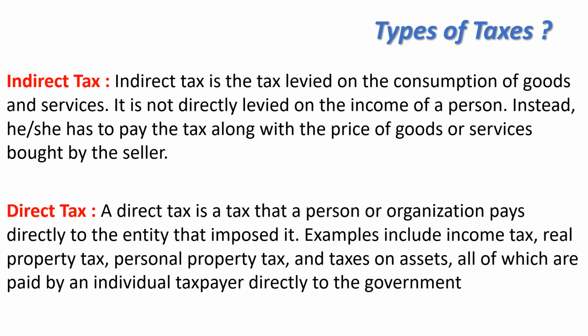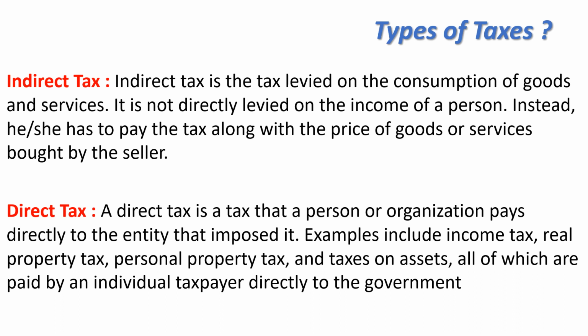But in indirect tax there is no direct method, there is no direct connection between the government and the citizen. The citizen is not paying the taxes directly to the government, it is indirectly providing the taxes, right? The taxpayer is paying indirectly, with the tax included in the price of goods and services, that is indirect tax. But when the taxpayer is directly paying to the government, that is called direct tax, correct? In the examples we have seen income tax, property tax, taxes on assets, these are the examples of direct tax. Understood?